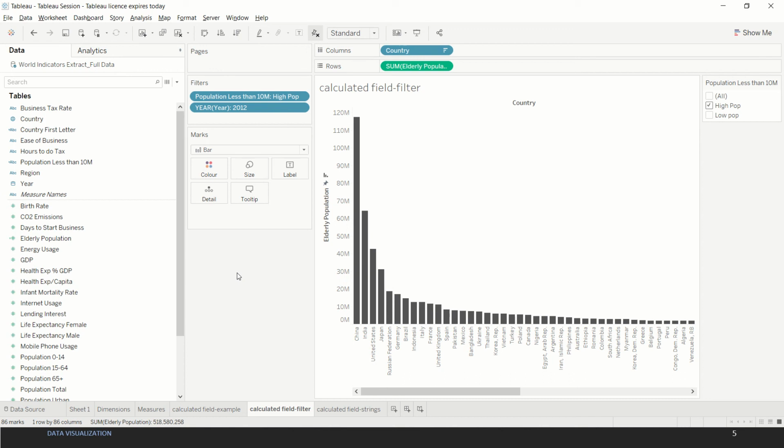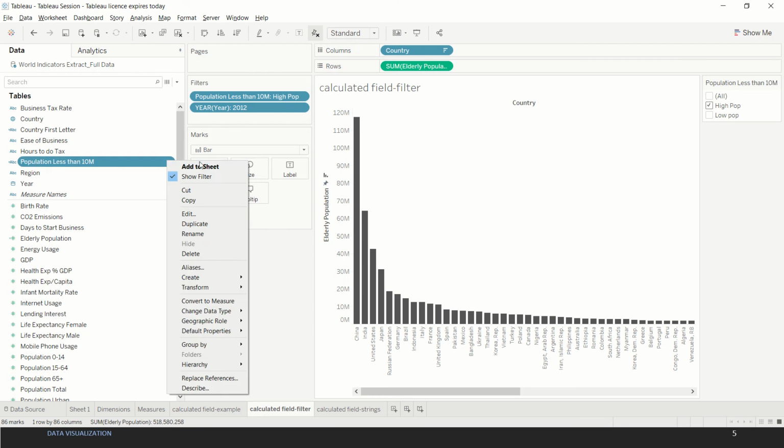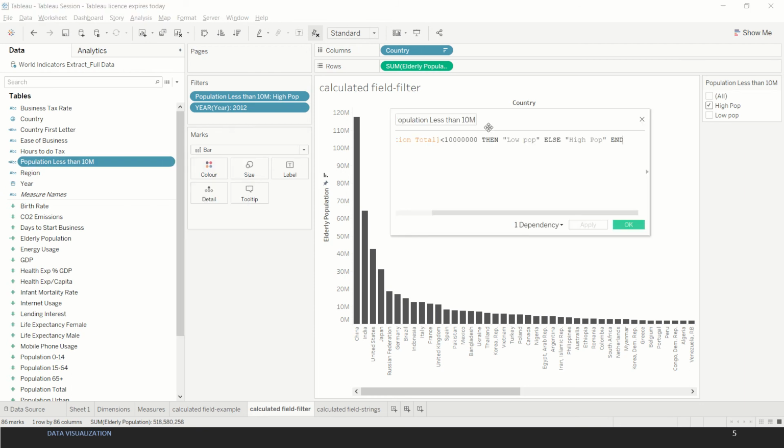Let's try to understand what it does first, and then we'll recreate this entire sheet from scratch. Population less than 10 million is the calculated field we have created, and what it does is it compares if the population is less than 10 million. If it is so, then it says it's a low population, otherwise it says it's a high population.